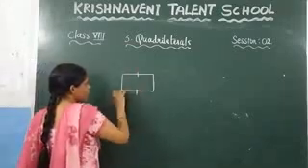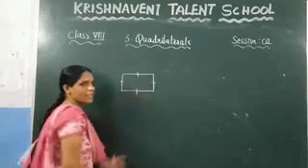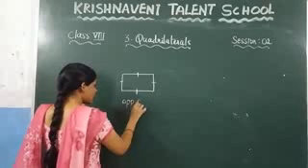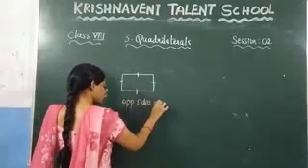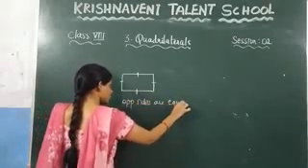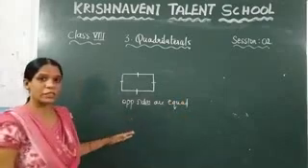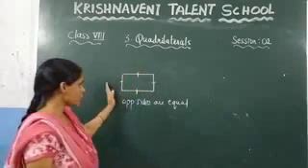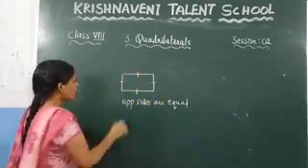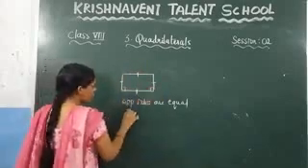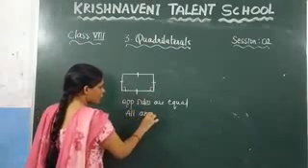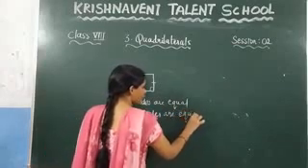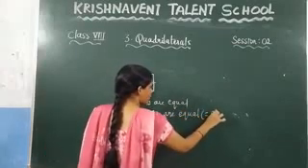This side and this side are equal, and this side and this side are equal in length. So you can see here, the opposite sides are equal. Right? In a rectangle, you know that the opposite sides are equal in length. If this is 4, this must be equal to 4, and if this is 3, this must be equal to 3. And all angles are equal to 90 degrees. Right? In the case of the rectangle, all angles are equal, and each angle is equal to 90 degrees.